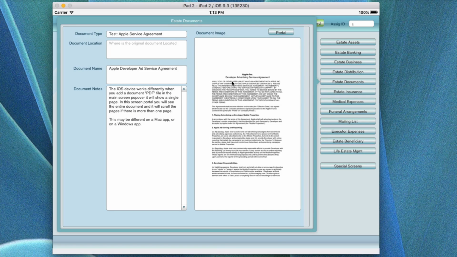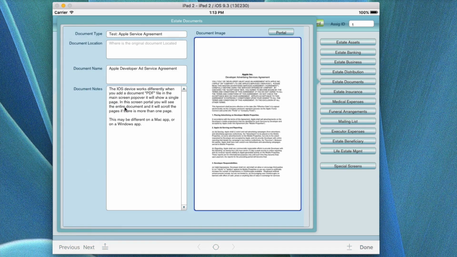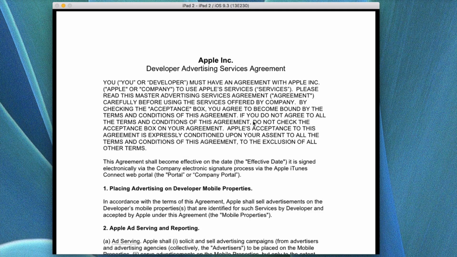When you just paste a graphic, it's a single page. With a PDF, if it's a multiple page document, for example, the will is in here. You would put in, and I put test, the Apple service agreement is in here. I just pasted it in. If I wanted to view this, I could view it like this, and it actually allows me to go ahead